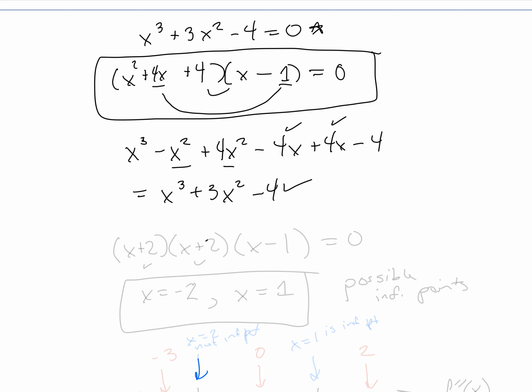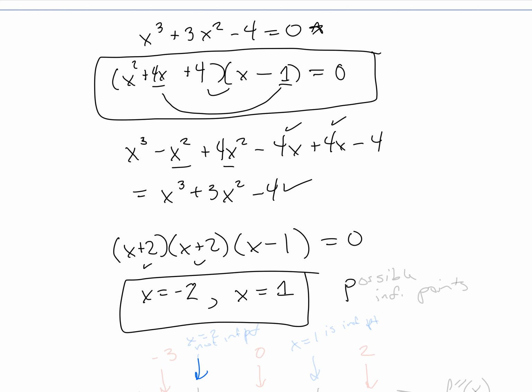And so can we factor it further? x squared plus 4x plus 4 is a perfect square. This is x plus 2 times x plus 2 times x minus 1 equals 0. So we've got 3 potential inflection points, or actually we've just got 2 potential inflection points because these are doubled. So x equals negative 2 is a potential inflection point, and x equals 1 is another potential inflection point. So these are possible